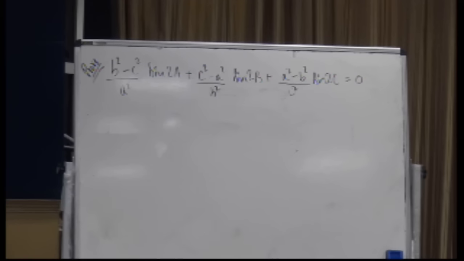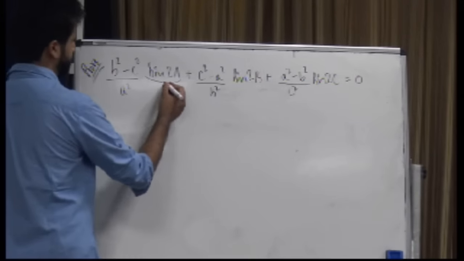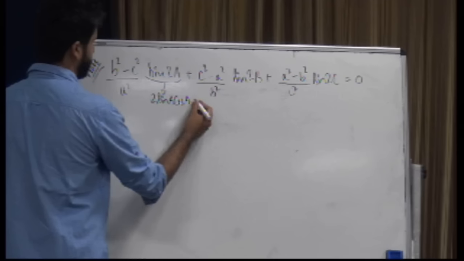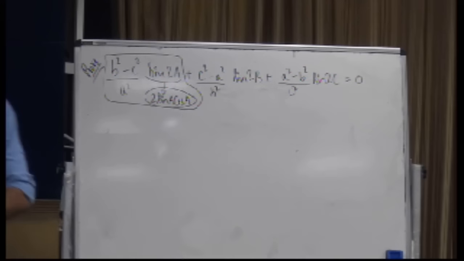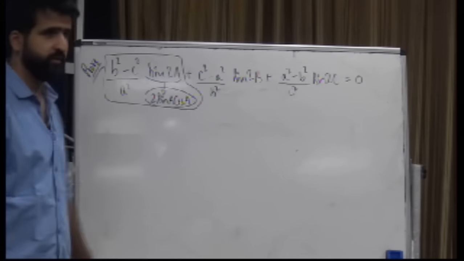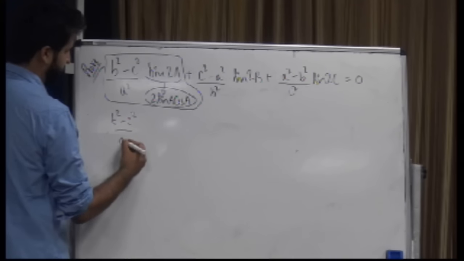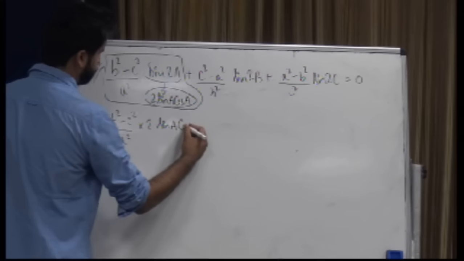So I think if we write this as 2 sine A cos A. Let's just solve the first one, and by symmetry we can similarly write the other ones. Okay. So we get (B square minus C square) upon A square into 2 sine A